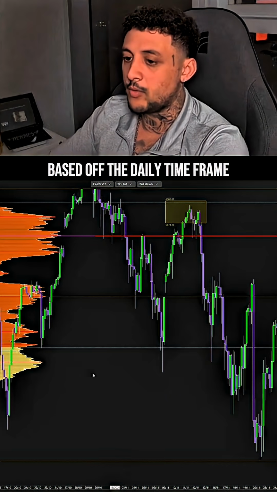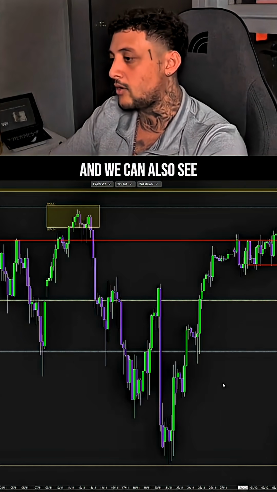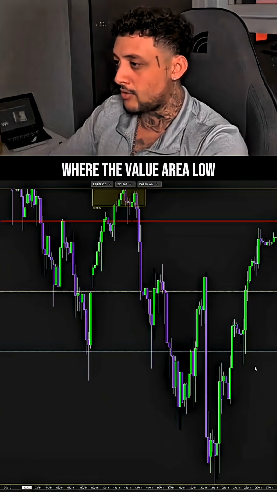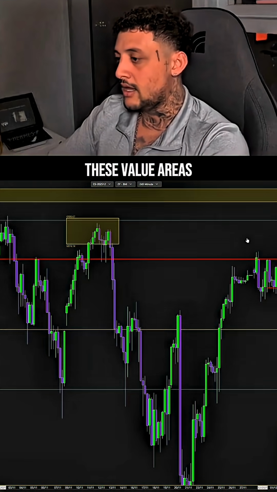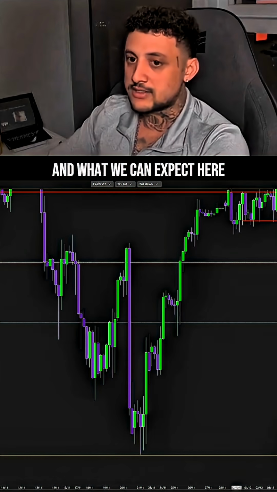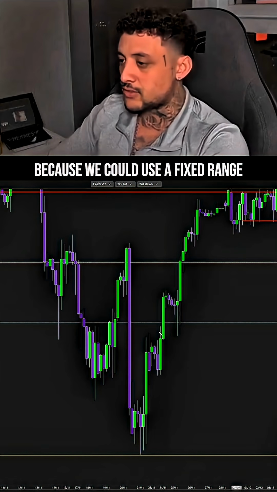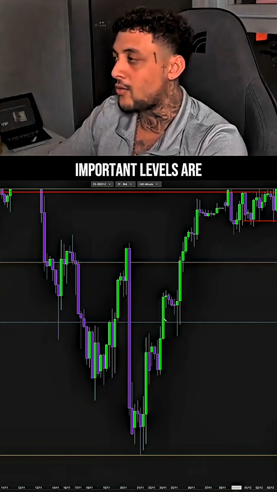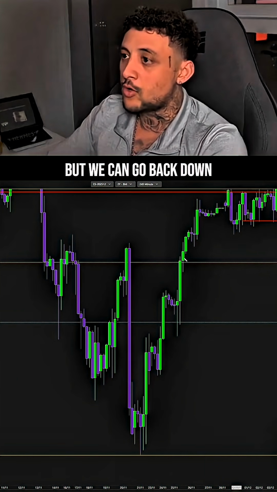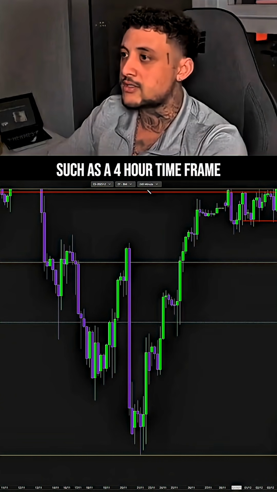we can see where the high volume nodes are sitting, and we can also see where the value area low and the value area high are, and how well price action is holding these value areas and what we can expect here. Because we could use a fixed range volume profile in the daily time frame to understand what the important levels are and where the important levels are, but we can go back down into lower time frames such as a